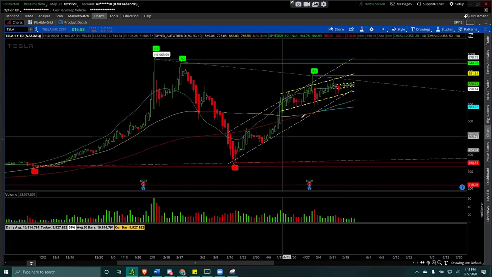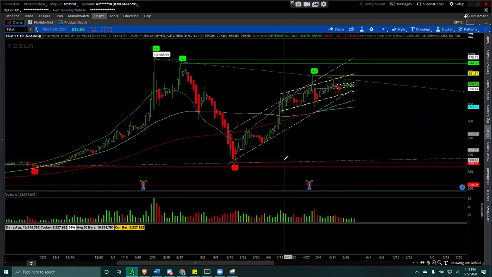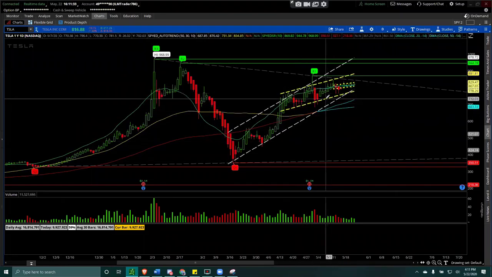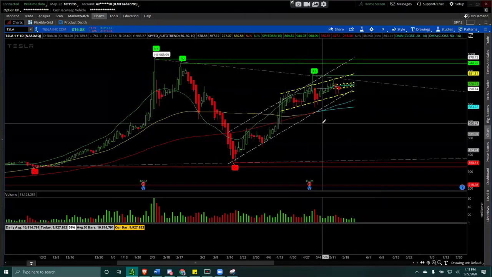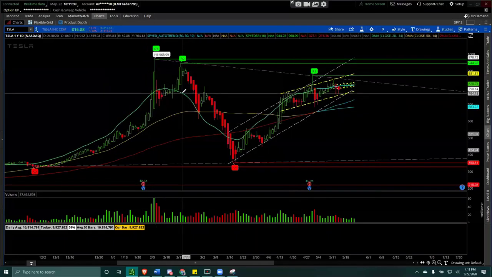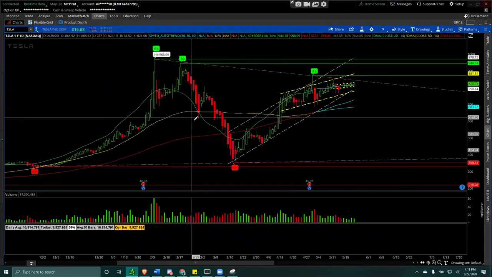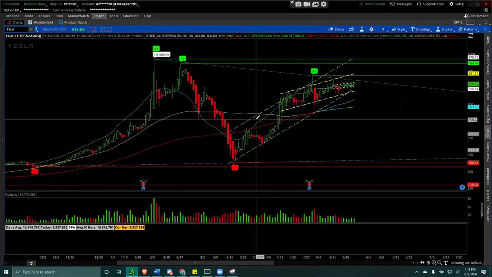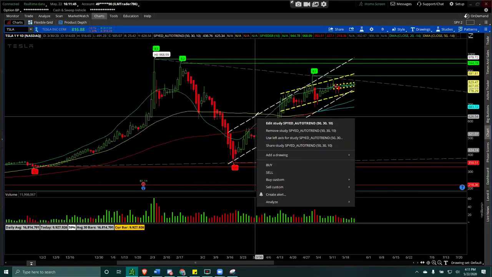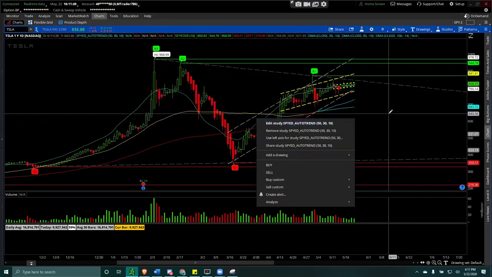Whether you want too much of these or too much of the other item, you don't really need it. It's better to have a clear chart, as you can see, nicely showed up. This is my 20-day, 50-day and 100-day moving averages, and that's the auto trend line. If you click on it, you will see what each of it says. I play around with a lot of these settings, and then it automatically shows up on the chart.